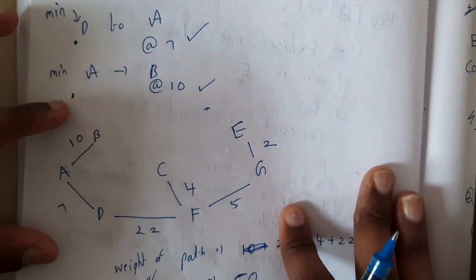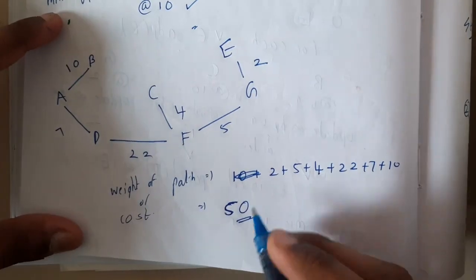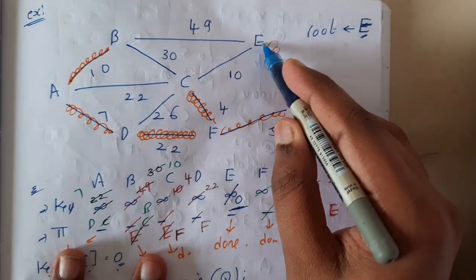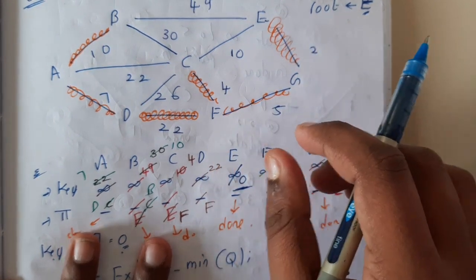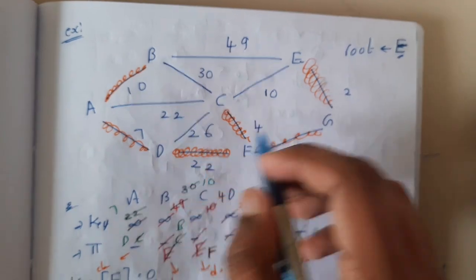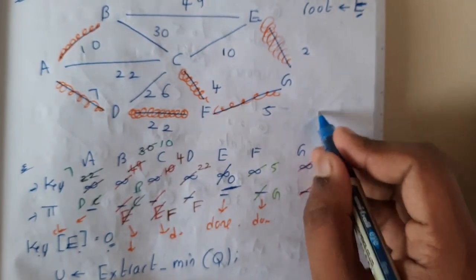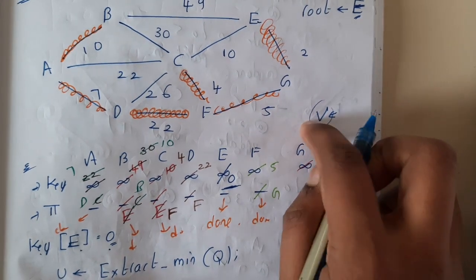Okay, so at the end you will be reaching till here. So you'll be getting a simple spanning tree like this. If you calculate the cost, it will be 50. Basically, from each and every point you will be checking which is minimum in our priority queue, and you will be selecting the minimum one, and again checking which is minimum, again minimum, like that you will be continuing until each and every vertex is visited. That's it, guys. Our queue consists of each vertex, right? So until that is empty, you will be continuing the same process.